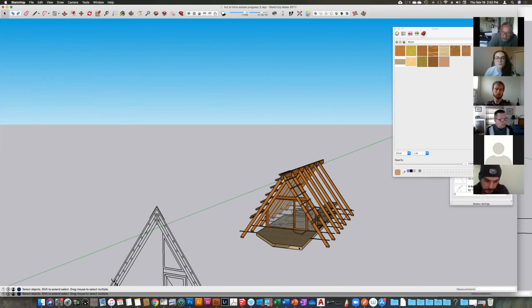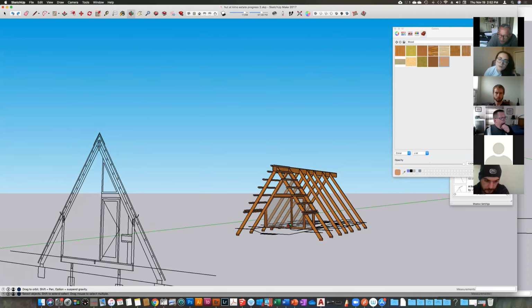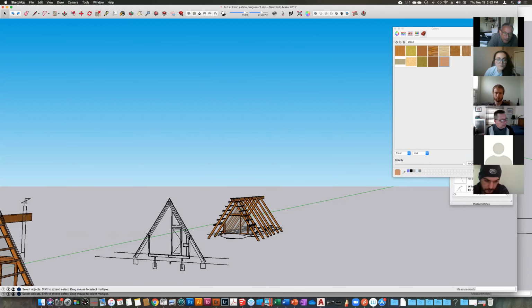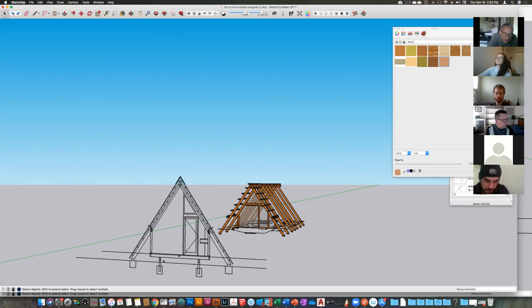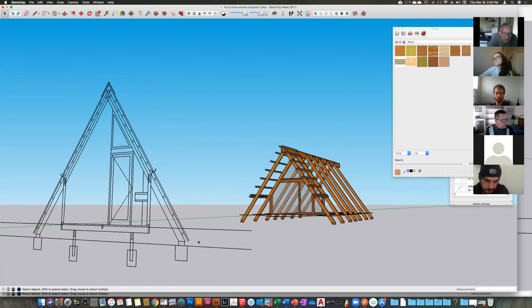I'll keep this in the background. It's stored as a component. I'm just going to delete that. Oh, and what I did was I moved the floor up from the ground. I determined from the section and elevation that this distance, which I can do with a little measure tool,